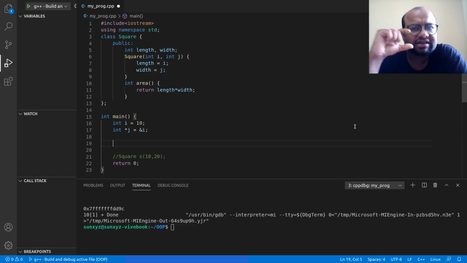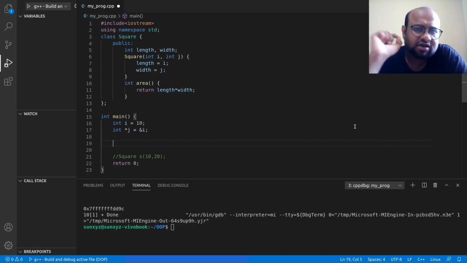There are some 4 bytes somewhere in my memory, in my RAM, where this variable i is located. In those 4 bytes I have stored the value 10. That memory has some address. Say 1000 is the address of the first byte of these 4 bytes.